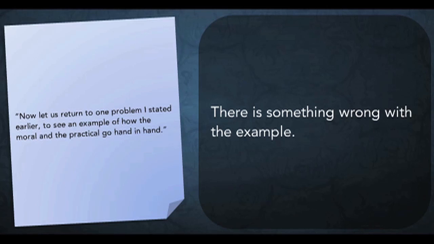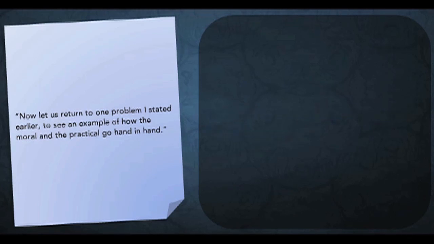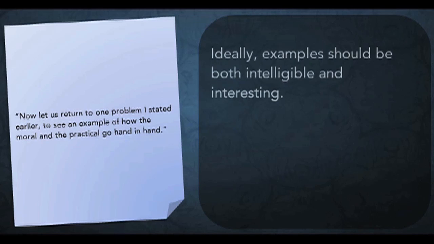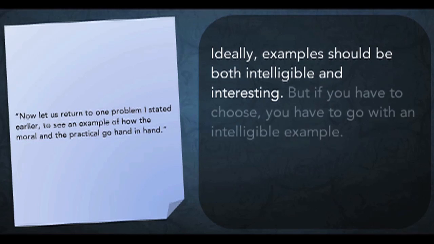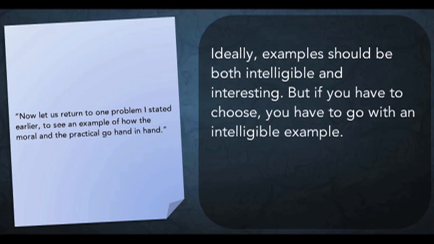What is the first, or if not the first, at least one essential rule in the use of examples? An example has one overriding function only, and that is what? To concretize, to clarify, to let you grasp in the simplest possible way. Now, the simplest way may not be the most interesting way. It may not be an exciting way, but ideally, you choose your example in such a way that it's intelligible, self-contained, objective, and also, you know, sexy, in the sense of interesting and arouse people and so on. But if you have to choose, supposing you just can't think of an example that combines both, which way do you have to go? You have to go with the more prosaic but intelligible example, because cognition comes before excitement. They have to be able to